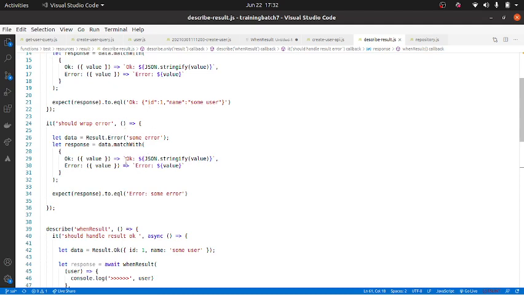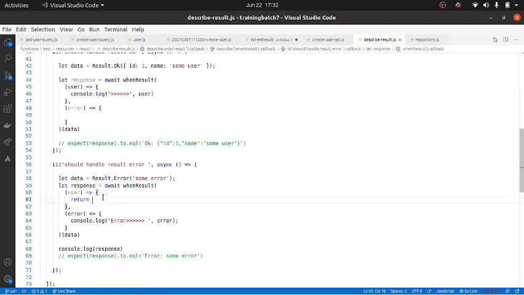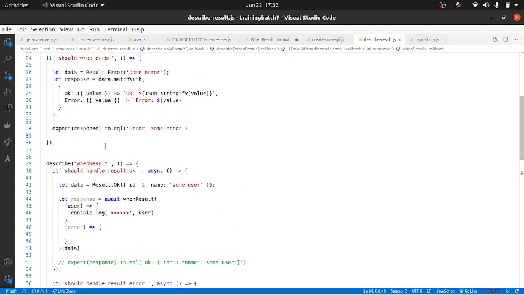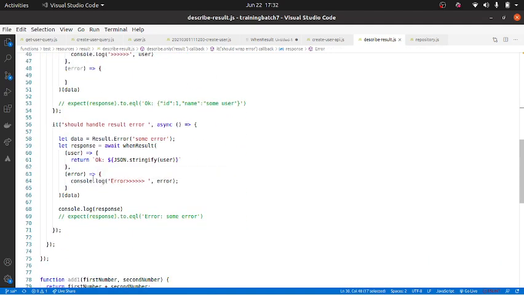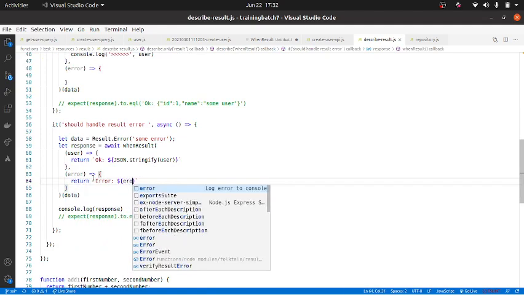We did this, right? I will return the same thing here also. Instead of value, this will be user, and here I will return the same thing. Instead of value, this will be error.